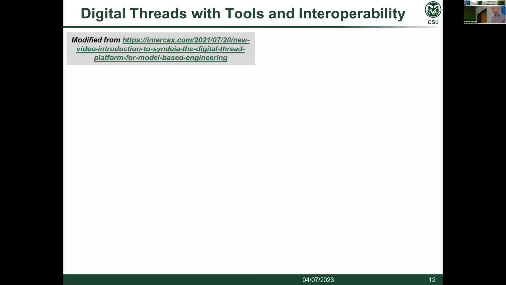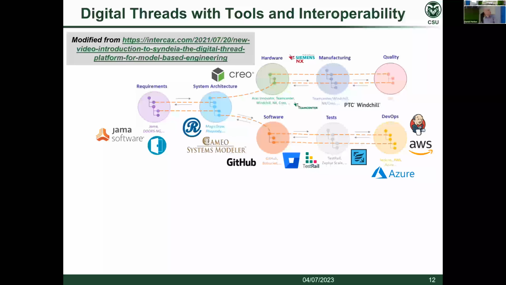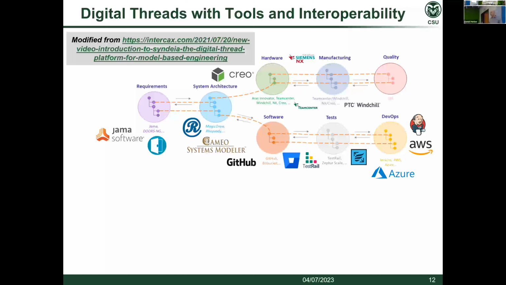So let me give a kind of a visualization example here. This is adapted from the reference above, showing there's lots of different activities you may want to be doing during our development of systems: requirements, system architecture, going to the top, hardware, manufacturing, quality assessment, software and testing, and DevOps at the bottom. The purposes of these different activities is to be building a single system, not just the requirements thing and just the system architecture and just software, right? They're meant to be connected, at least informally. There's often information being passed through word of mouth or through documents, things like that.